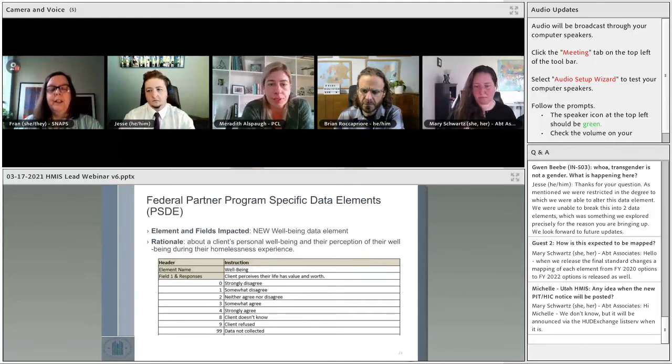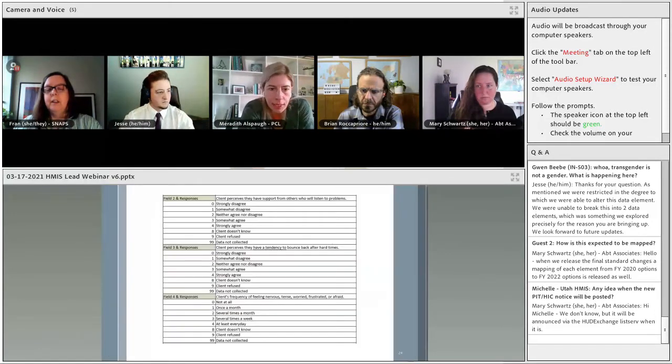So there are a handful of fields here within the well-being data element: client perception that their life has value and worth, their perception of the support that they have from others who will listen to their problems, their perception that they have a tendency to bounce back after hard times, the frequency of feeling nervous, tense,